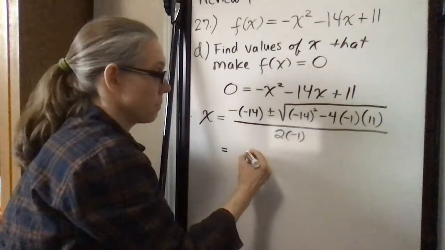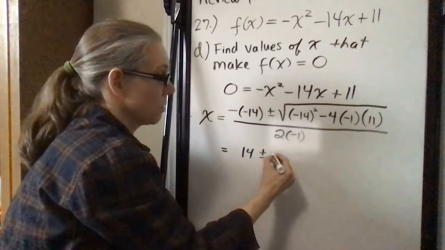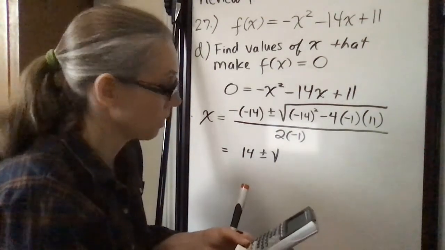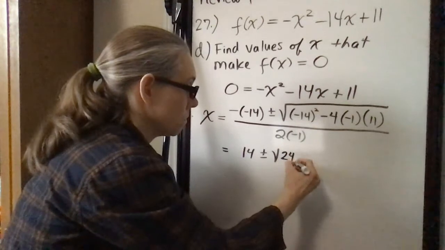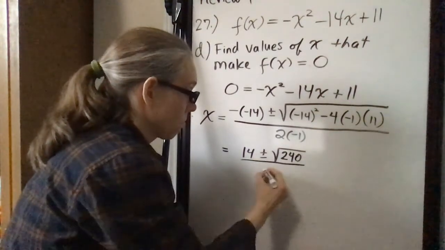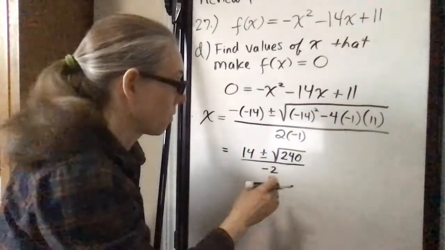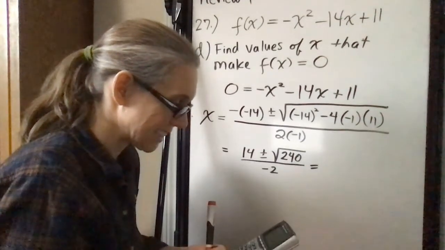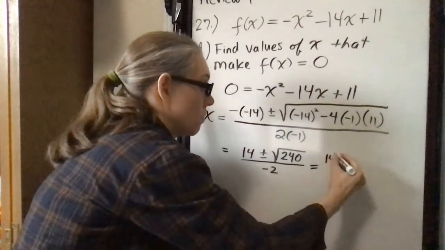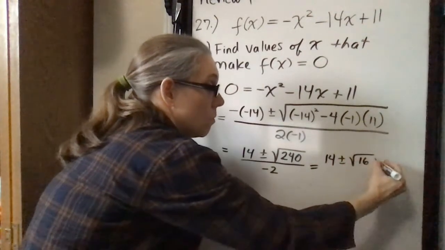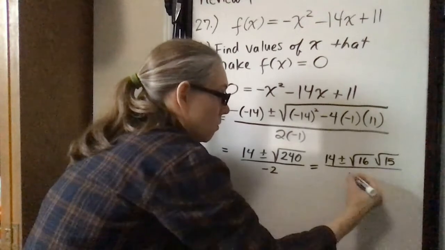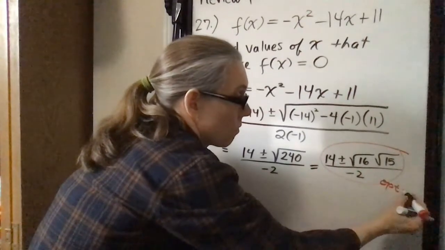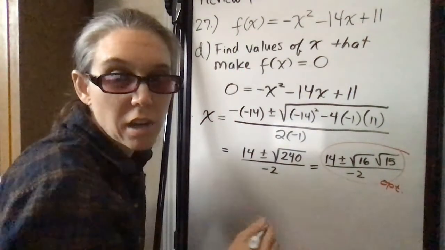2a. And this simplifies to 14 plus or minus the square root of, 14 squared plus 44 is 240. And we need to simplify this further. 240 is divisible by 16. It's 16 times 15. That's an optional step right here. Okay, so that's optional, but you do need to go on to